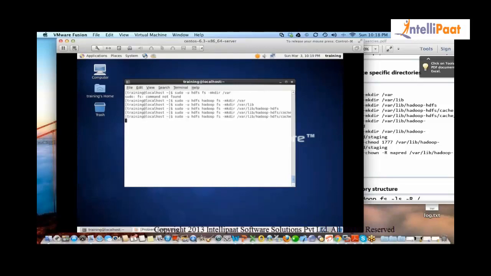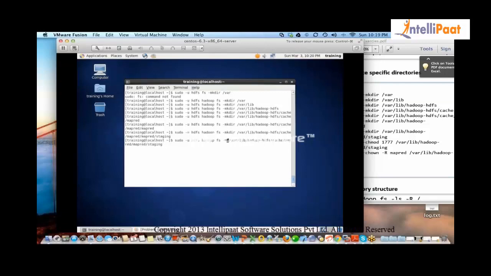And I'll say /mapred. After that, I'll create another directory called cache/mapred, and then another directory called staging. I'll change chmod for the staging directory.